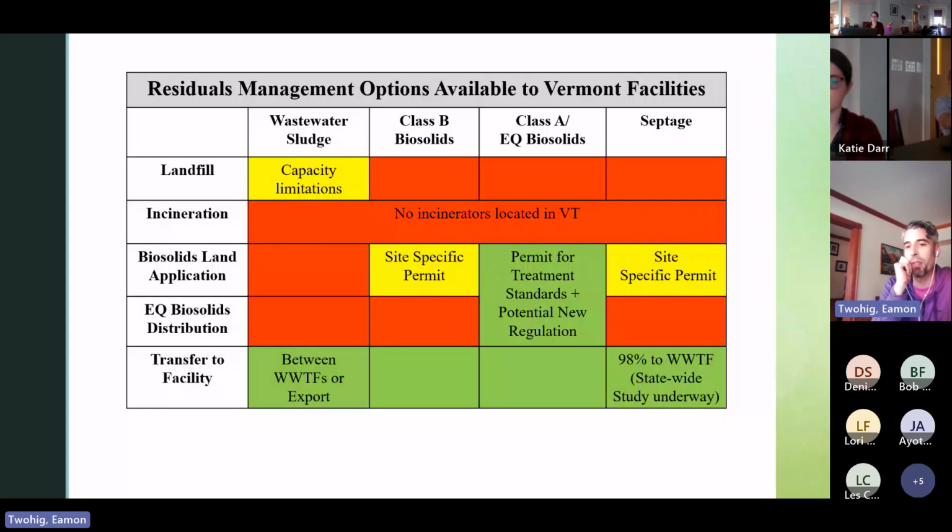We're not concerned about the pathogen levels, so you can blend it into compost mixes and topsoils, and typically it's achieved through high temperature composting or some sort of process where it's higher heat to get those pathogens reduced. Bob's facility in South Burlington, Airport Parkway, generates an EQ biosolid. And then the other thing that happens a lot is people just move stuff between facilities. So you might have a small facility that just hauls liquid sludge to another facility for processing, or somebody like Burlington who's got a large dewatering facility might be receiving waste from the two other Burlington plants, Winooski,